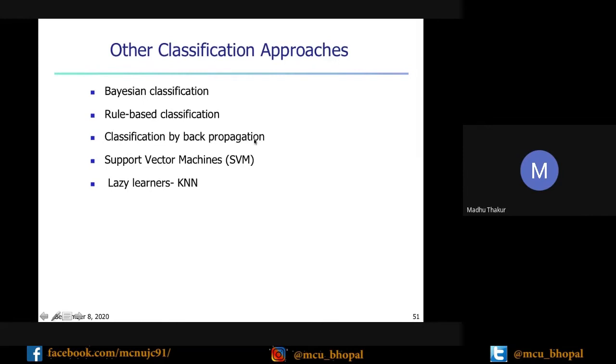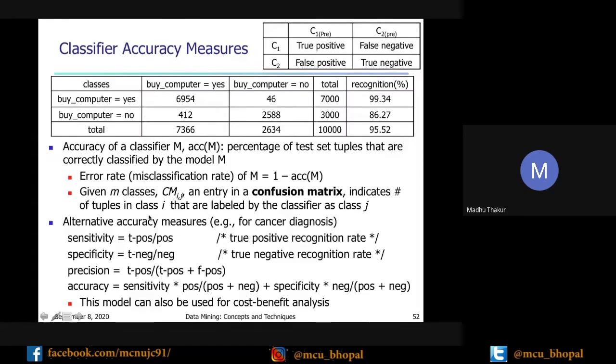The backpropagation method is there. Neural networks are there. You can also train your model using the artificial neural network concept. Support vector machine is also considered one of the best classifiers. Also the KNN method, that is K nearest neighbor. So these classifiers are available. Ready-made functions are available in all software. You can run them, check their behavior, how they work, and what the principles of these classifiers are. You can check them for classification purposes.